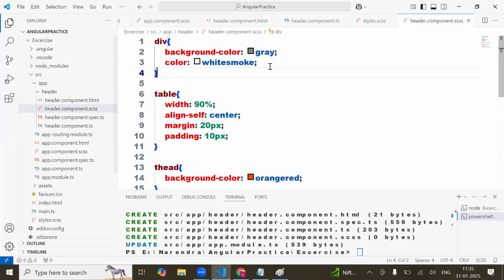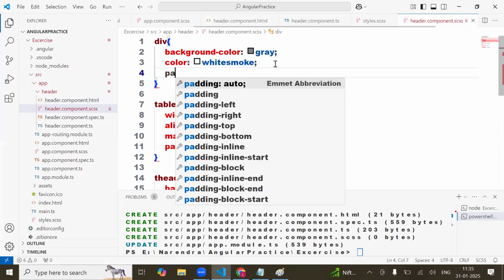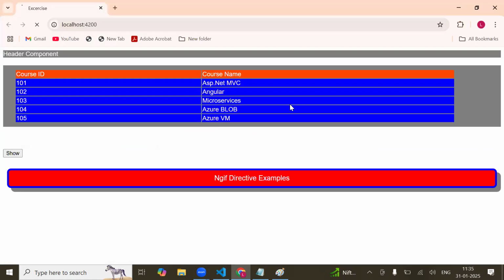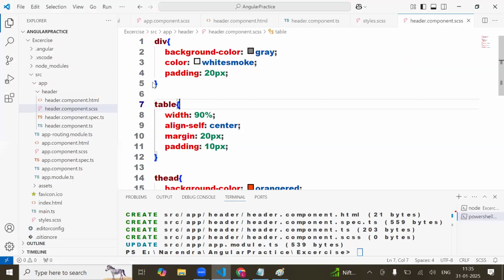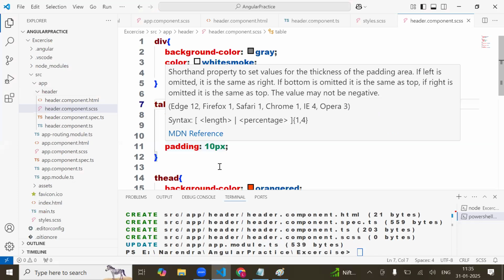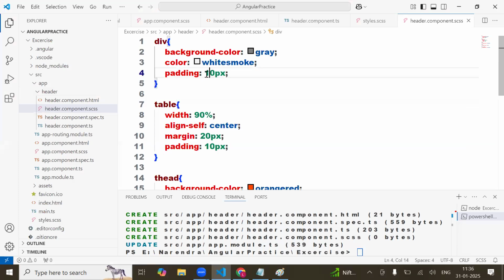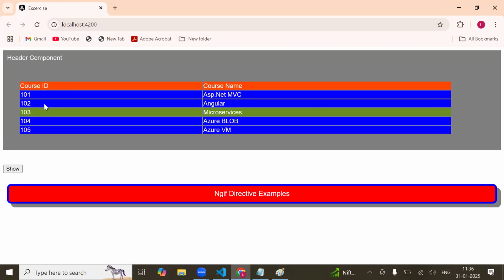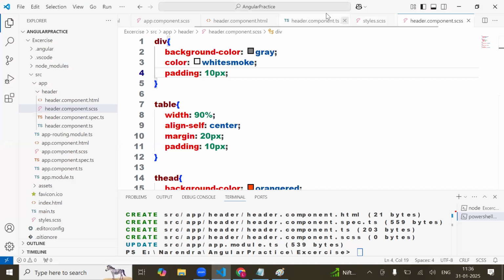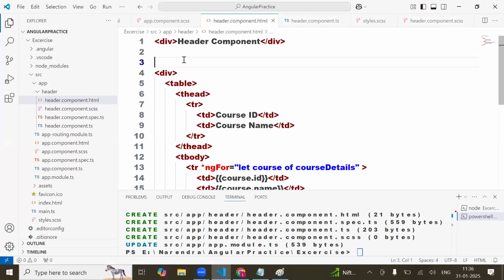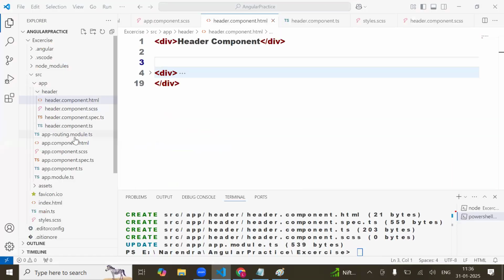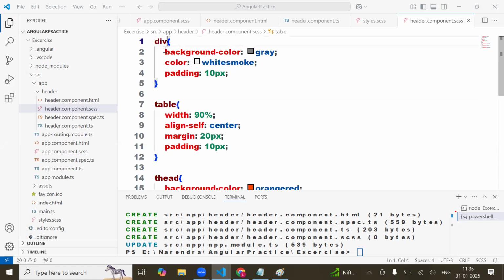First, we need to create a padding, 40 pixel for the div. Okay. I can make 10 pixel. Why is it clubbed? It should not club, right? This div is totally different from this div. Oh, okay, I understand. The problem here is